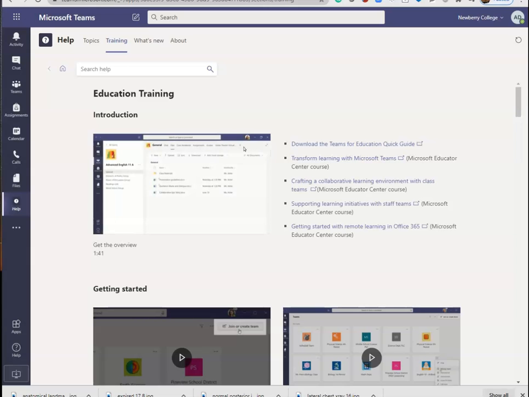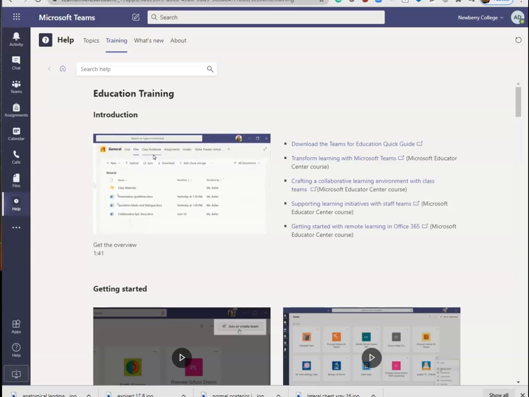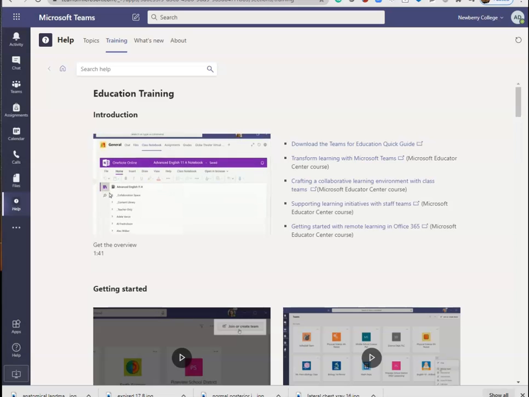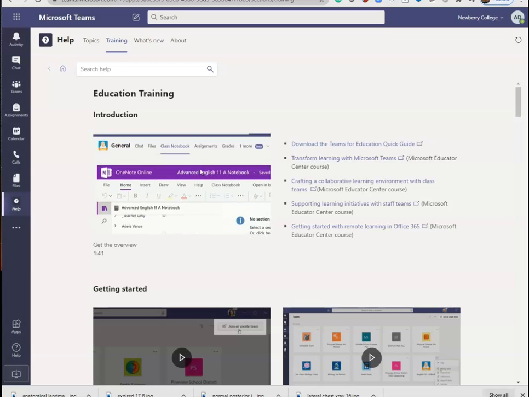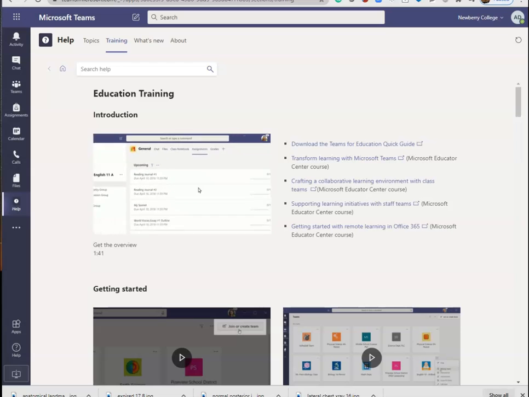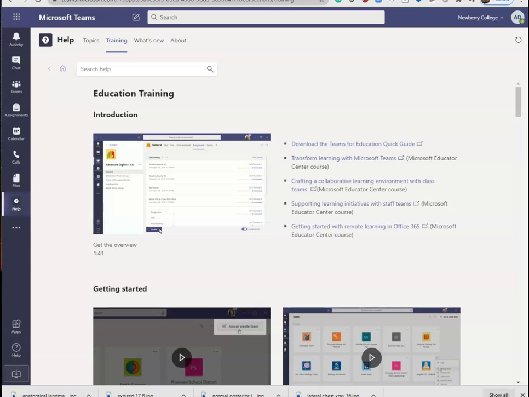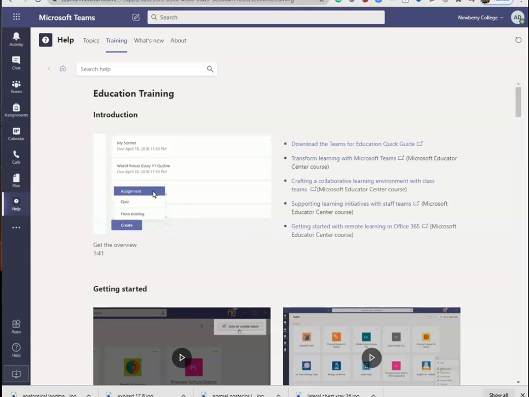In your general channel, tabs enable even more classroom work with built-in Class Notebook and Assignment tabs. With Class Notebook, students can access a private notebook right in Teams. When it's time to assign work to your students, select your Assignments tab, create your assignment or quiz, and send it off to a class, an individual student, or multiple classes. To study up on all things Microsoft Teams for Education, check out